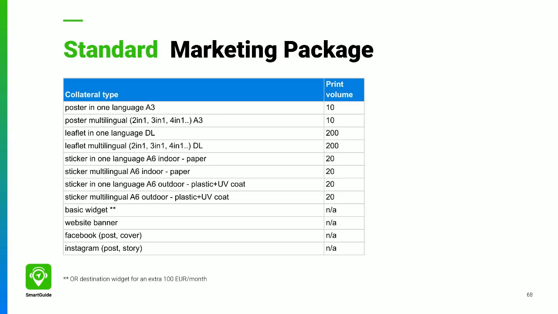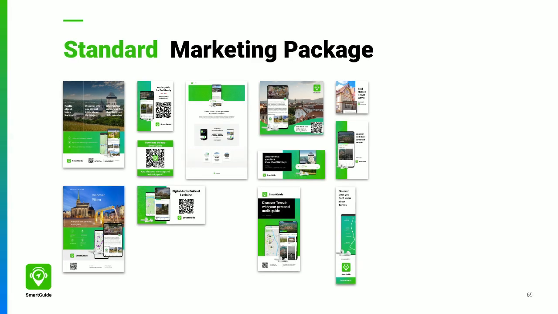Standard marketing package costs €1,300 and it includes 10 A3 posters in 1 language, 10 multilingual A3 posters, 200 DL leaflets in 1 language, 200 DL multilingual leaflets, 20 indoor paper A6 stickers, 20 multilingual indoor paper DL stickers, 20 outdoor A6 stickers in 1 language, 20 outdoor A6 multilingual stickers, a basic widget, website banner, Facebook post and cover,